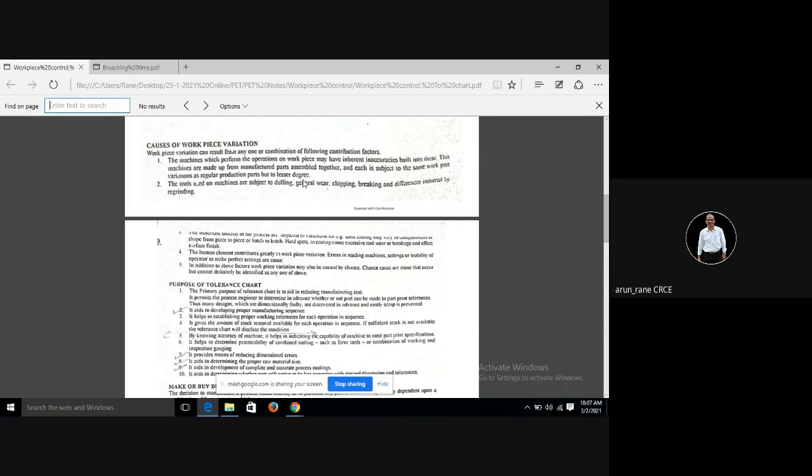Now, if I want to manufacture a component which has a tolerance of say 0.02, then my machine accuracy should be still better than this. Then only I can manufacture the components whose accuracy is 0.02. So if I want to make a 0.02 accurate component, my machine should have at least 10 micron accuracy.